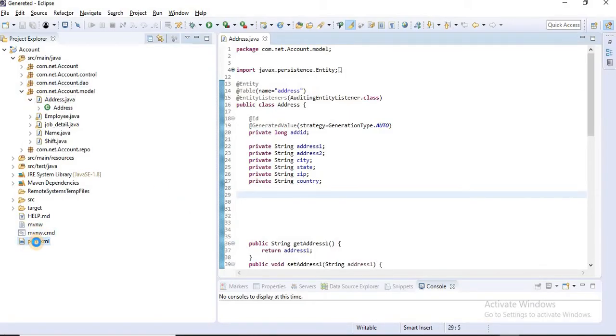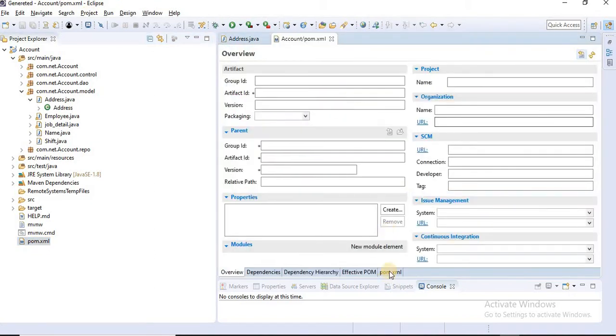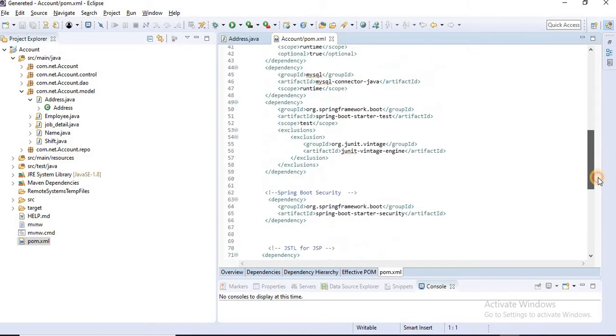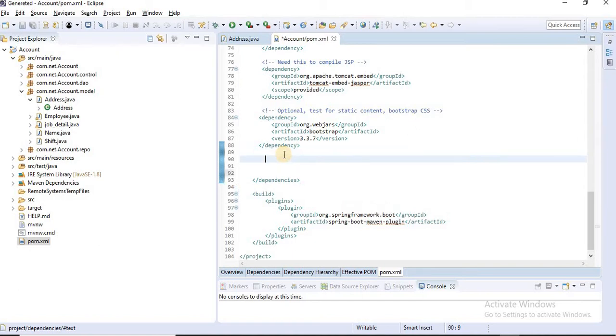This is Maven. Here we define all dependencies in the Maven file. Okay, let's wait for it to open. We have added a few dependencies. This is my old project, and I'm implementing Lombok in my old project.